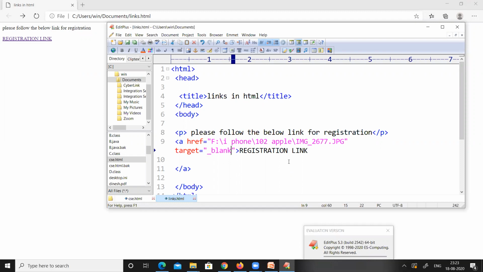Not only images, we can also open some documents, or some other HTML documents, or we can also open some websites by using this link. So let us verify whether we can open a website or not by using this link.